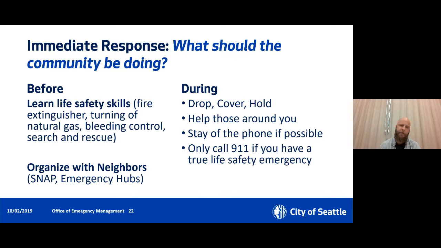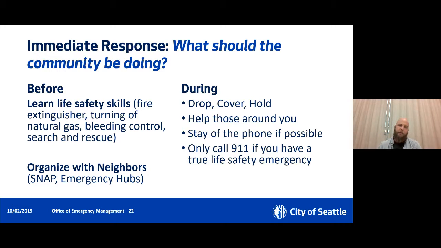There's about 130 hub locations throughout the city. The purpose of a community emergency hub is to serve as a place in a neighborhood where community can come together to start sharing information and sharing resources. So responders are overwhelmed, communication's down, transportation's down, there are needs in the neighborhood. Come here so people can start helping each other. It's a place that can jumpstart that neighbors-helping-neighbors process.